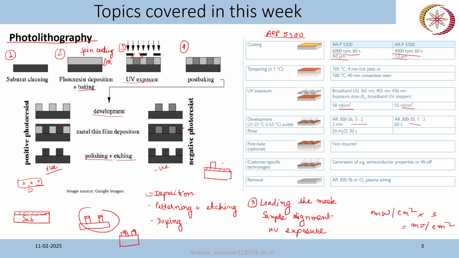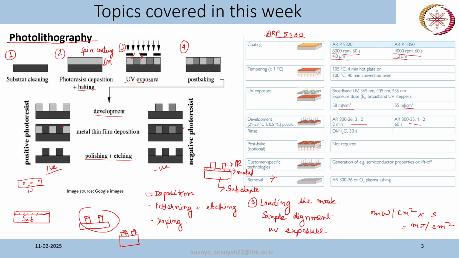Say this is your photoresist, this is your metal film, and this is your substrate. Next, what you can do again is selective etching. Some chemical or some method, like a reactive ion method, that will remove only this metal part, not the photoresist. There will be certain chemicals, and once you remove this metal part,